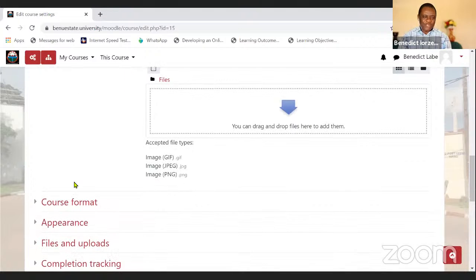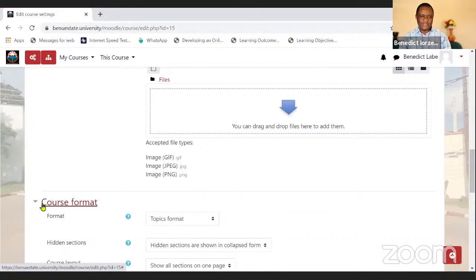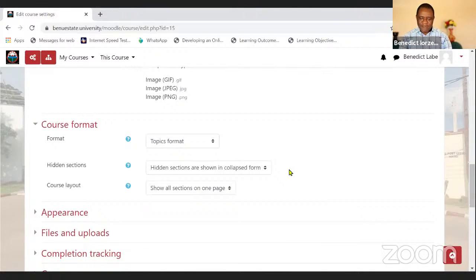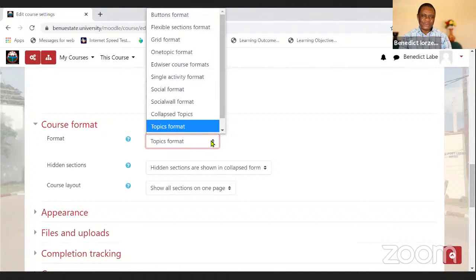But where I was going is where you wanted to be able to create topics, subtopics, and sub-subtopics. To be able to do that, you need to change the format of the course. And this is where we change the format of the course. Here, course format. You click on course format. Right now, it is in topics format. We can click these two arrows and then